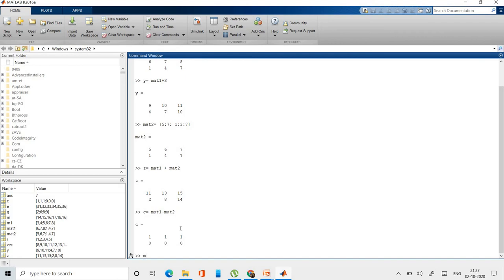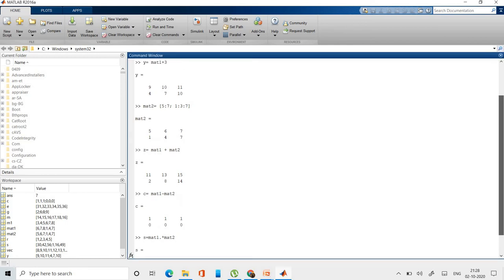Now just see, if you want to do element by element multiplication, so mat 1 dot asterisk mat 2. So now you can see mat 1 was 6 and mat 2 is 6 into 5 is 30. Okay, 7 into 6 is 42, 8 into 7 is 56. Okay, so now you can observe it.